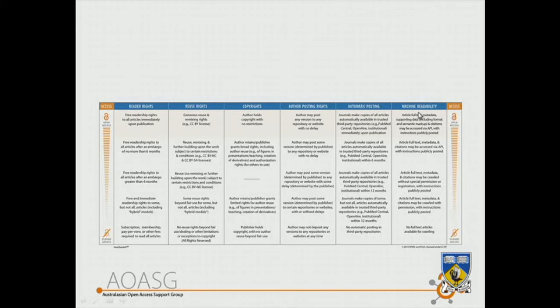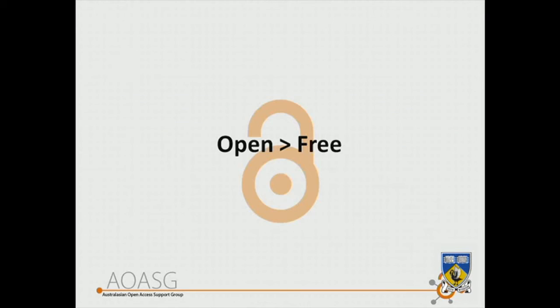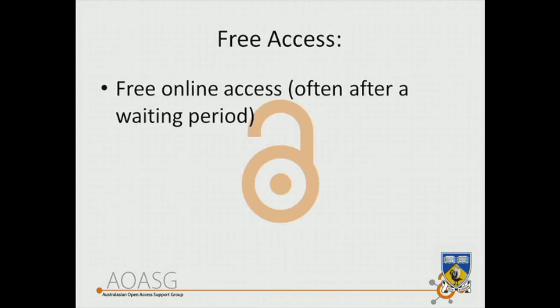And this is something that even the most dedicated open access publishers are really struggling with. So this is the whole concept of this: it's open versus free, and open is greater than free. And I think this is the concept that I spend a lot of time talking to people about. So free access is this idea that something is free online, often after a waiting period. You'll often hear this used as a synonym for open, and it really isn't, because this is what open